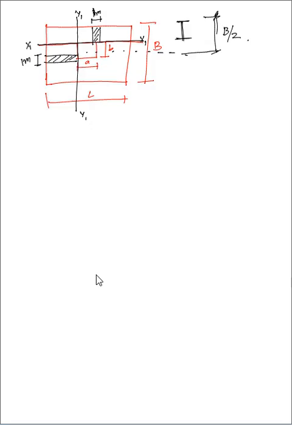Let me write this distance as OY1. OY1 is the width of this strip, this portion. Okay, so OY1 is equal to capital B/2